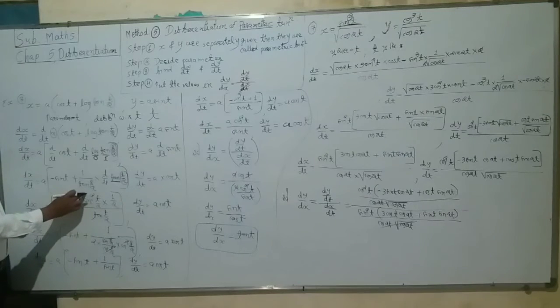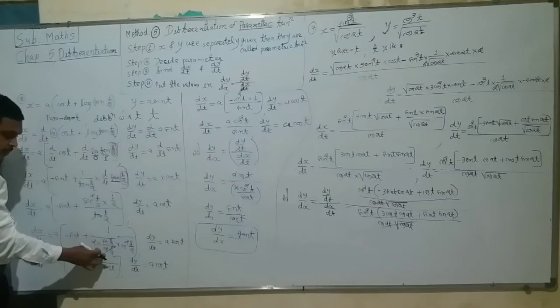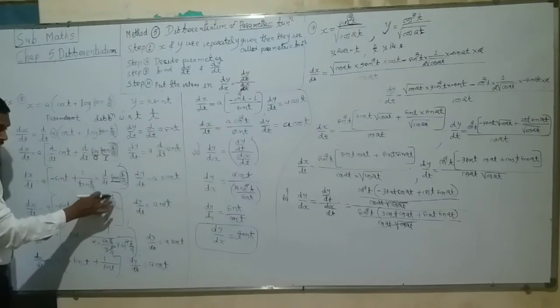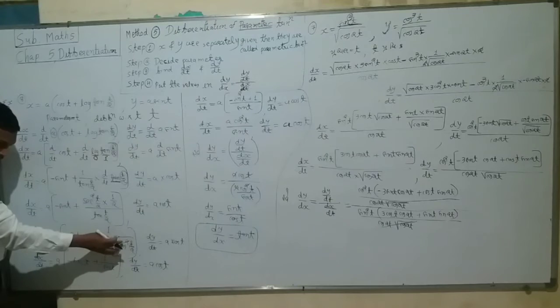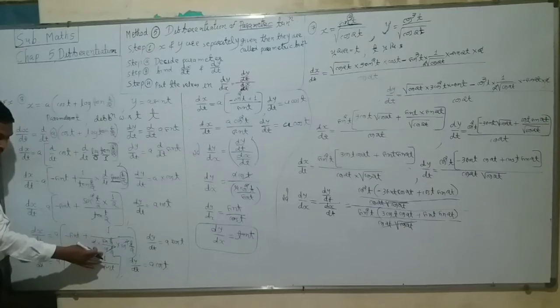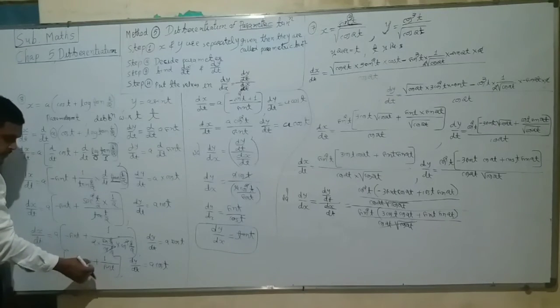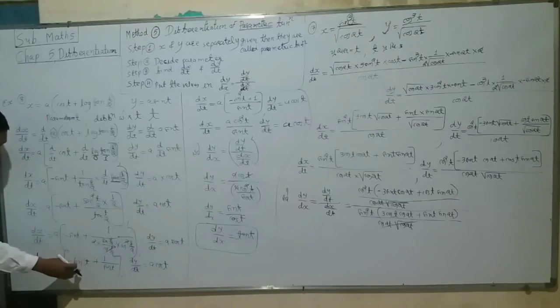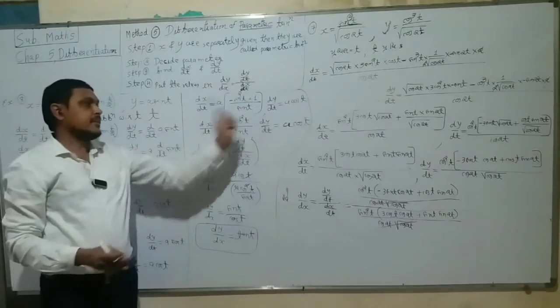We can write sec square t by 2 is equal to 1 upon cos square t by 2, and tan t by 2 is equal to sin t by 2 upon cos t by 2. The denominator of the numerator goes to the denominator, and now cut cos. Now we get 2 sin t by 2 into cos t by 2, because we can cut cos t by 2 here. So 2 sin t by 2 cos t by 2 is equal to sin t, minus sin t. Now by taking LCM we get dx by dt is equal to a bracket minus sin square t plus 1 upon sin t.